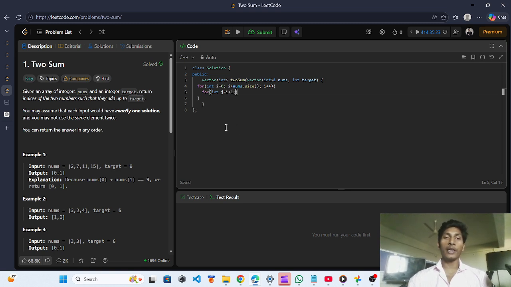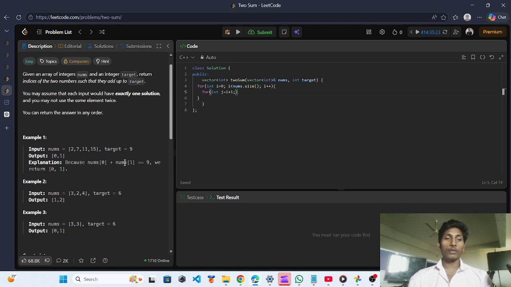When i and the number after i are added, we have to write j equal to i plus 1.